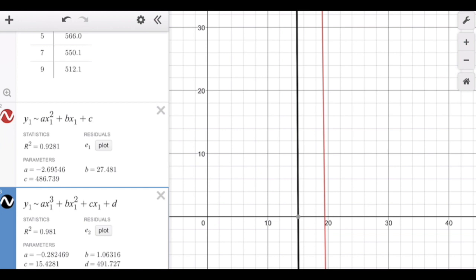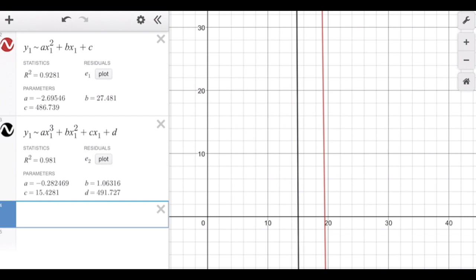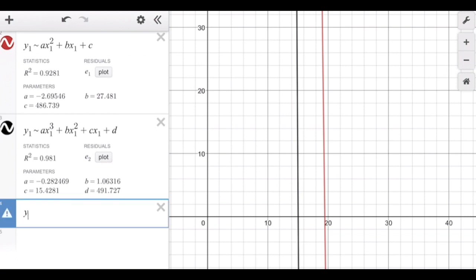This time, our r squared value is 0.981. This value is getting closer to 1, so far a cubic function is certainly the better option. And let's look at a quartic function. So I'm going to go down to our last line here. I'm going to say y sub 1